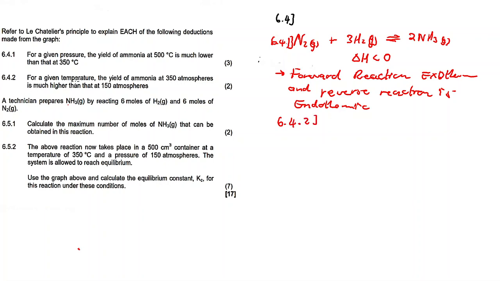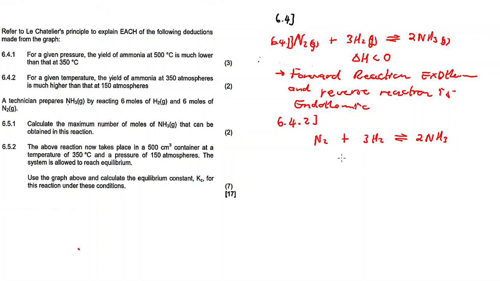6.4.2, for a given temperature. Now, temperature is constant. The yield of ammonia at 350 atmospheres is much higher than that at 150 atmospheres. I think I wrote the equation again. N2 + 3H2 equilibrium 2NH3, right? And then we see, when you talk about pressure, if you want to discuss Le Chatelier's principle around